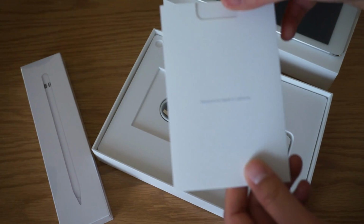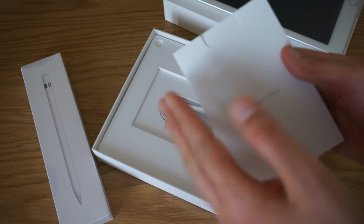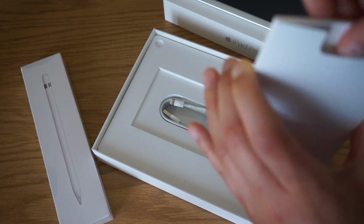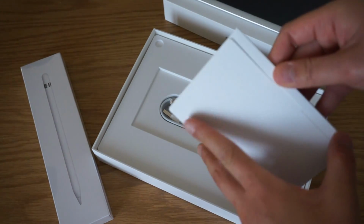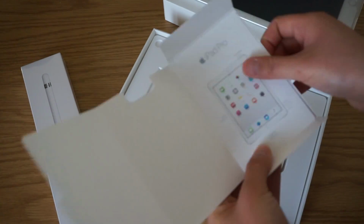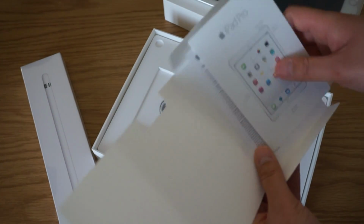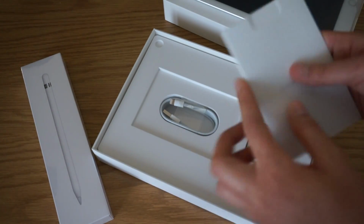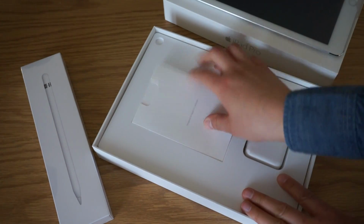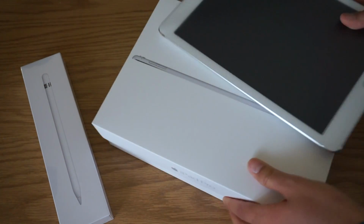Here we have the Designed by Apple in California brochure. Once again, it's a little bit different too. They usually have a card style where you open it, but I think on this one actually there's a little finger thing here, and then you can open it this way. And here you just have some basic information, and let's hope for, yes, there are stickers. So I'll pack that back up. I don't think I really need the quick start guide. And inside here you have the standard Lightning cable and 12-watt power brick. So let me move this